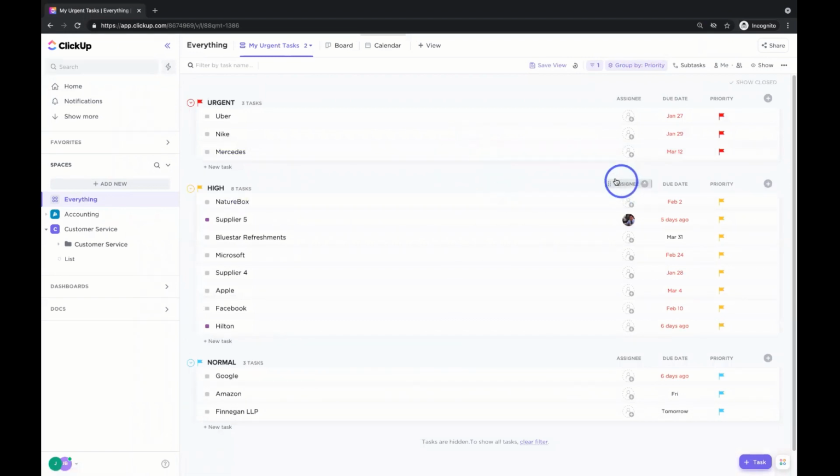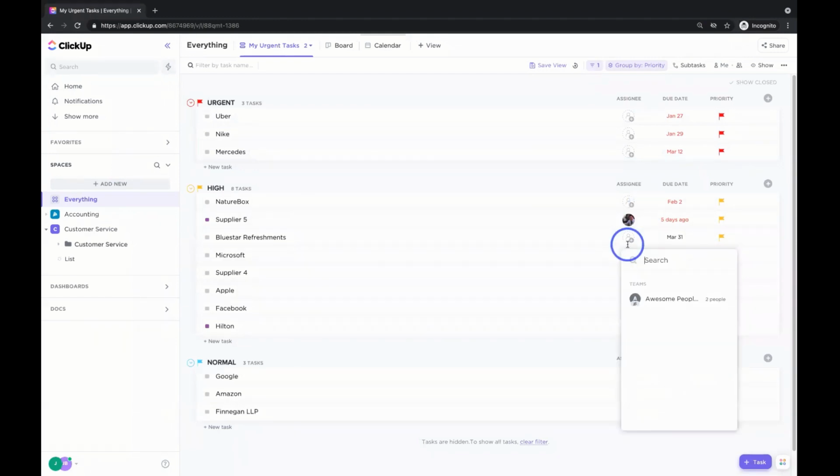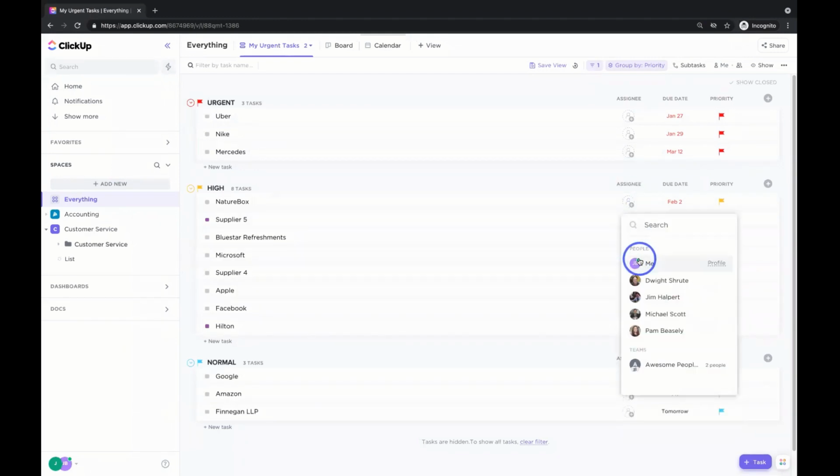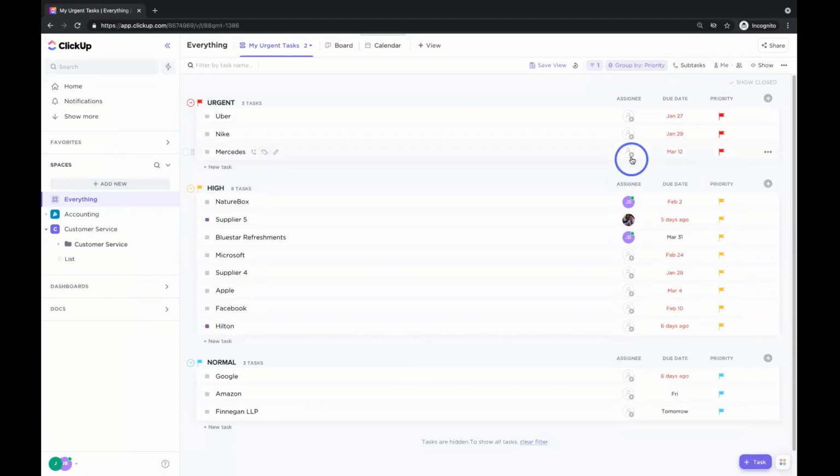When I do, now I'm seeing all the tasks which are filtered to do this year with priority groupings. See how they're grouped by priority here? And maybe I'm just going to assign a couple of these to myself so that when we get to that stage, I can show you. But again, folks, you can group these any way you want. So we can select the grouping here.